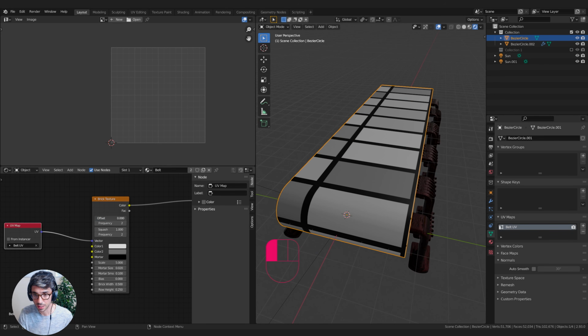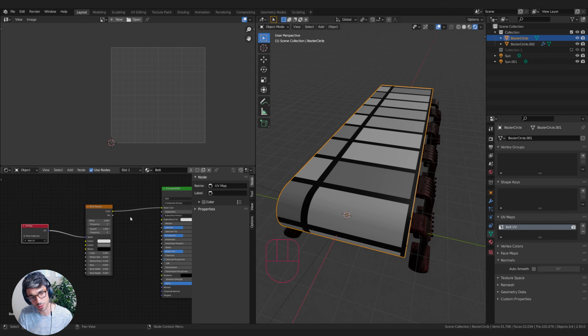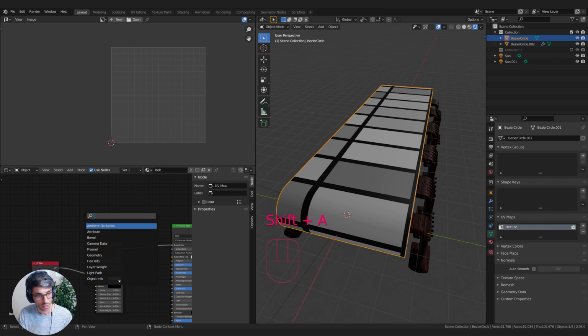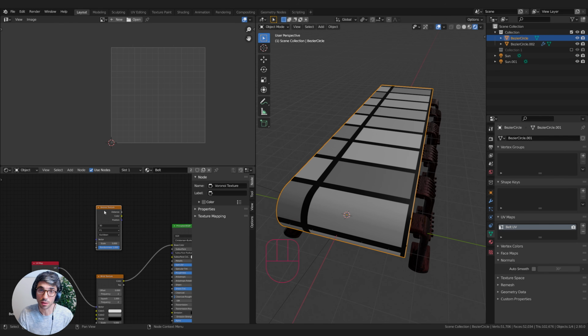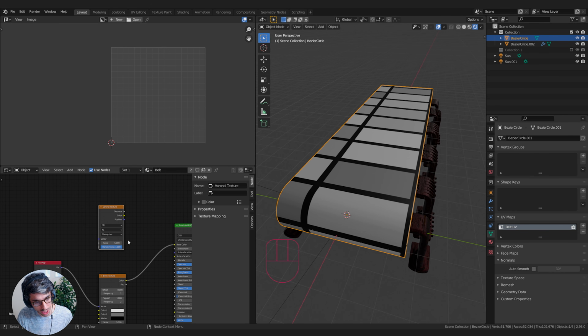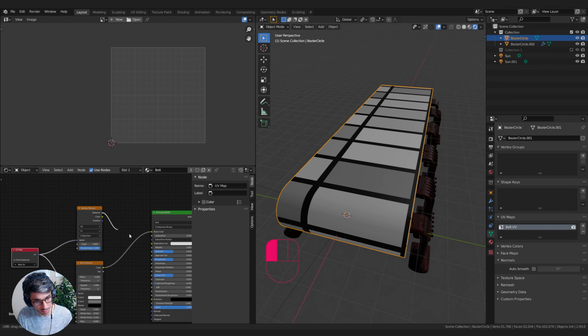I'm going to take my offset down to 0. I might use a different node actually. I don't know if this is the best one. Let's try the Voronoi, my favorite node. Like such a geek when I say something like that. It's my favorite node, man. Let's go to the Chebyshev, and I'll plug my vector in here,